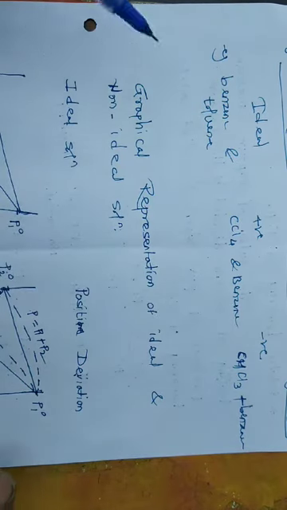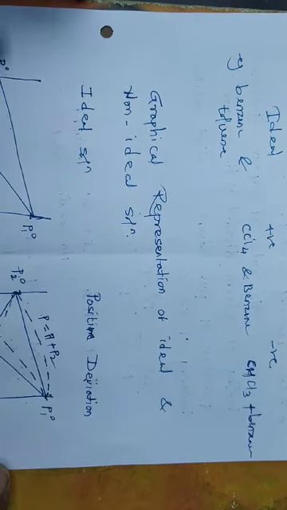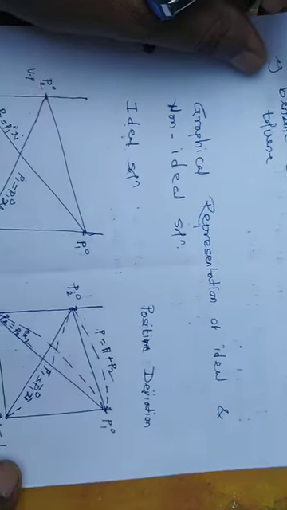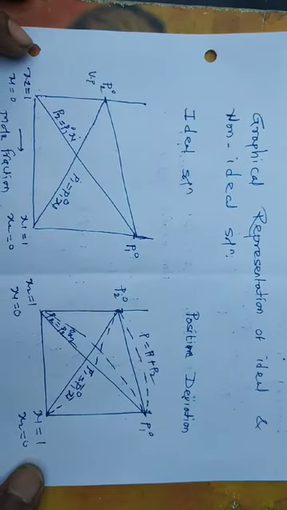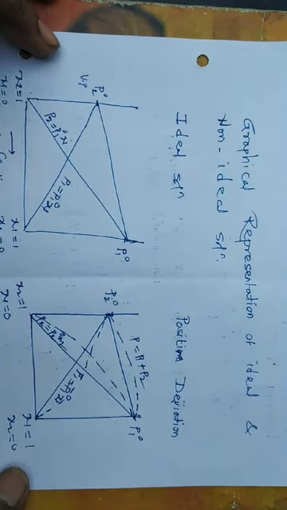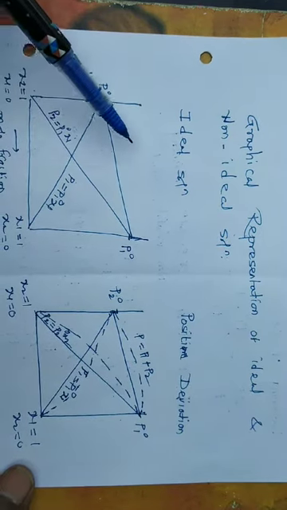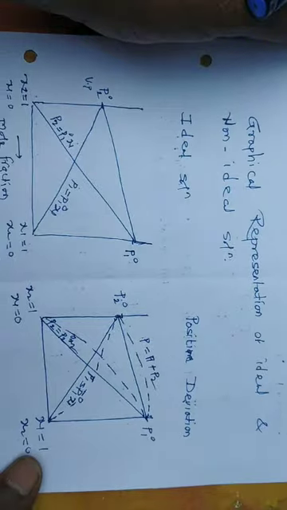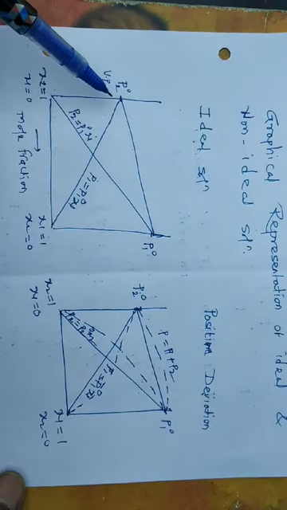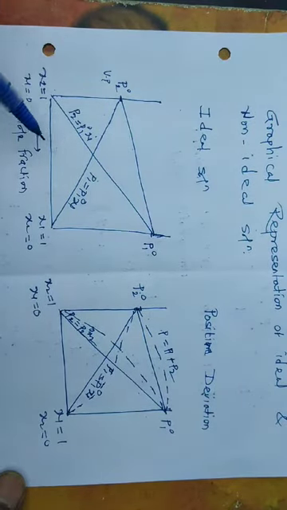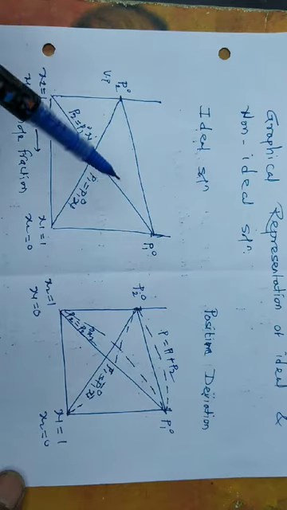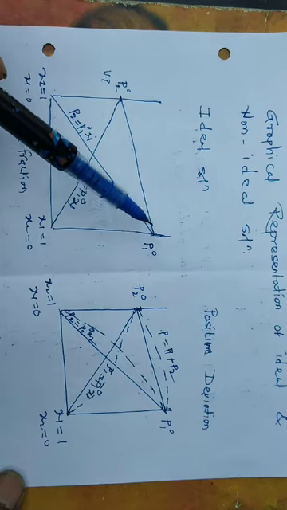So when you try to show the graphical representation of these three types of solution, first is ideal solution, then non-ideal solution, in which there is positive deviation and negative deviation. In case of ideal solution, when we represent the vapor pressure of the components of the solution, let us say we have two components A and B. Here P2 is the vapor pressure of the second component, that may be the solute, and here the solvent. So the solvent is more volatile than that.